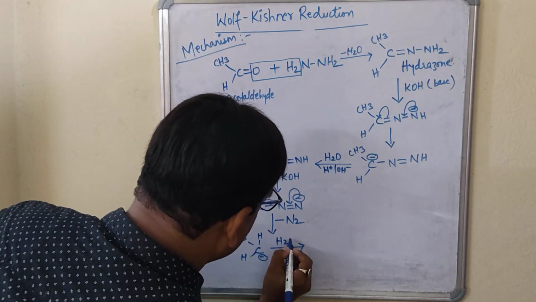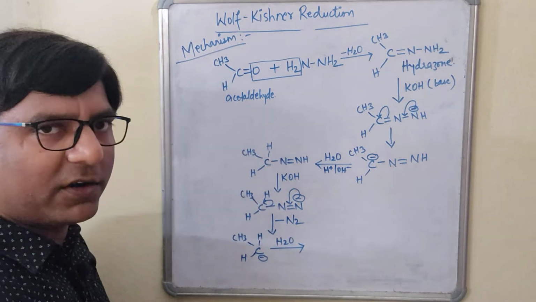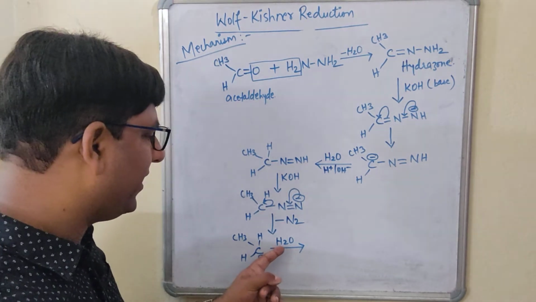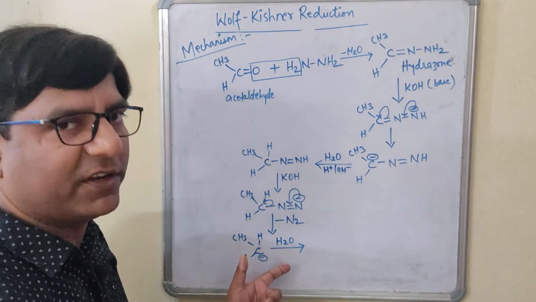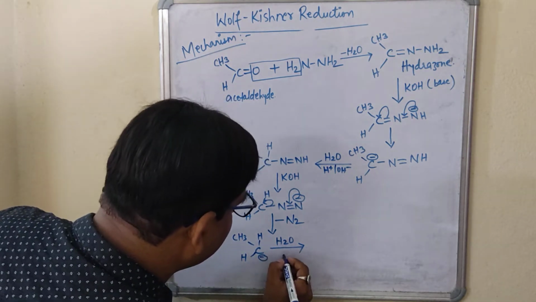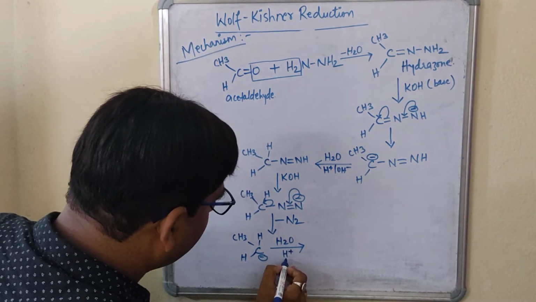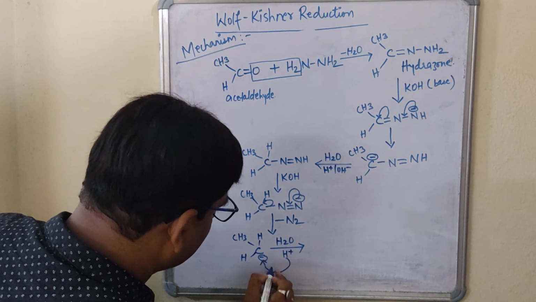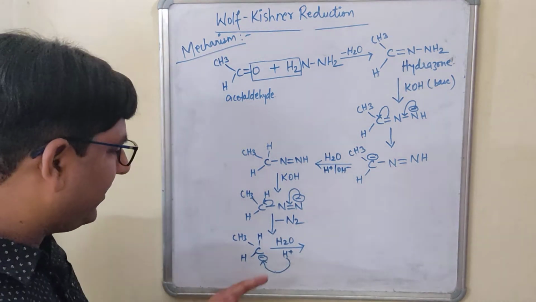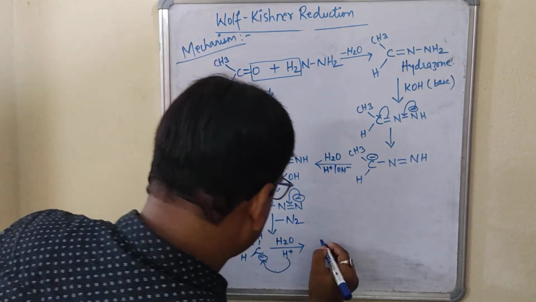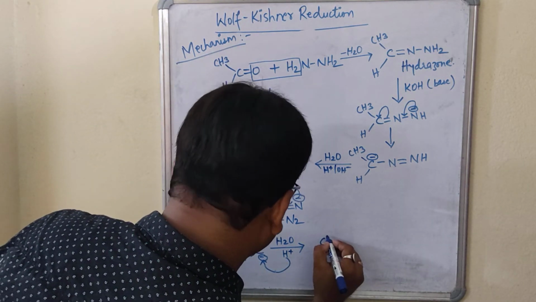We will use the water molecule. You know the role of the water molecule as well, that we are using it as the H plus for the protonation purpose. Right? Here you are writing H2O, you can write here H plus for your understanding, for your remembrance. So here it will attack on this negative charge, and when it is attacking on this negative charge, it will form a bond, and ultimately you will get it like this.